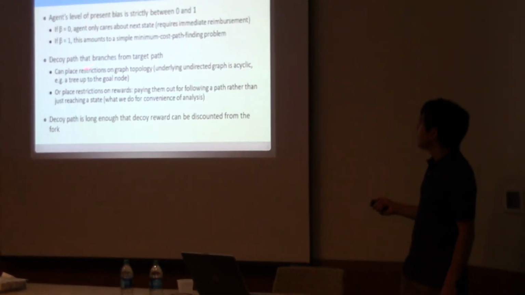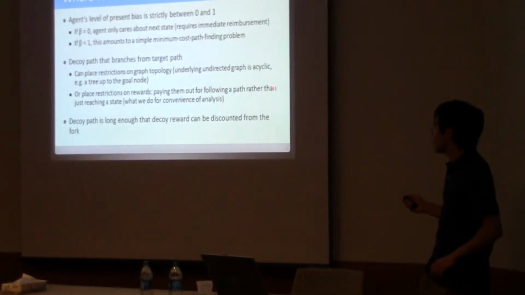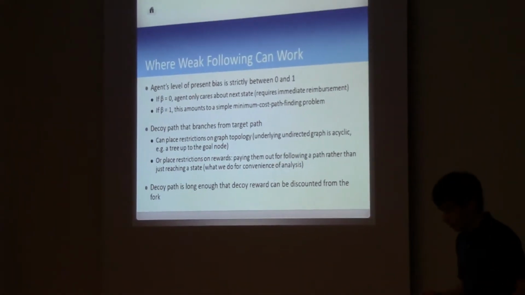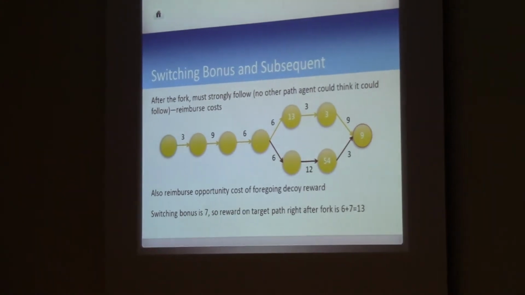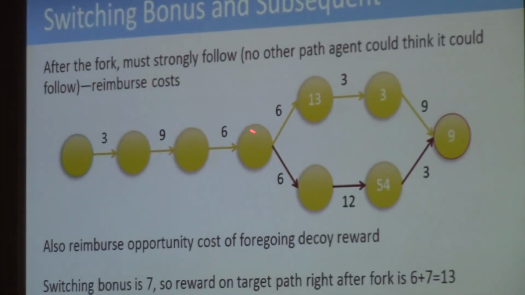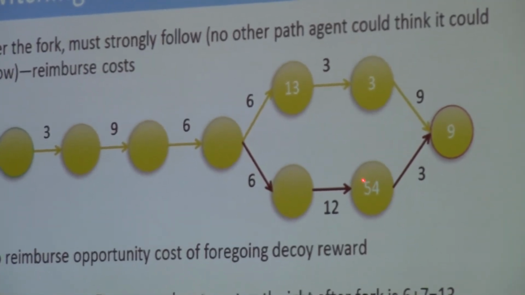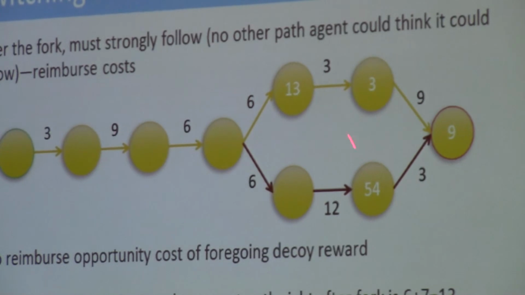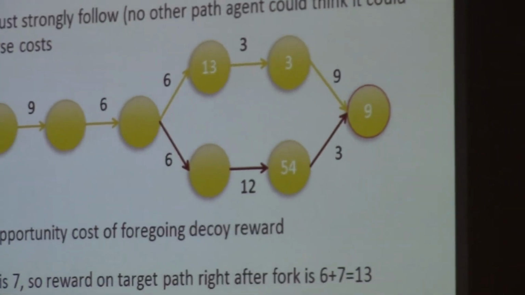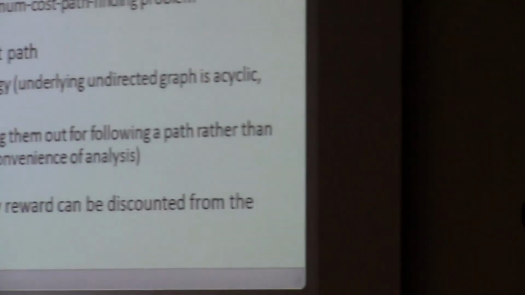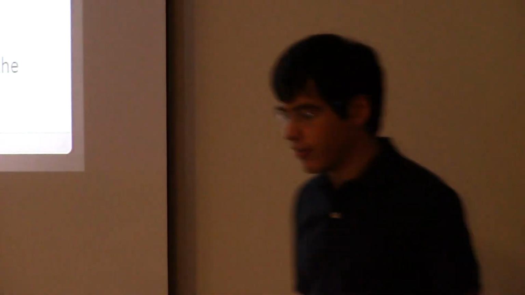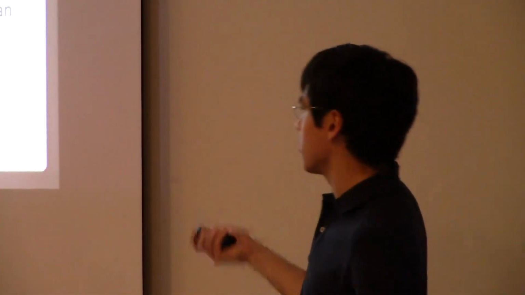So we're also going to place some restrictions either on the graph topology or on the conditions in which we pick out the rewards. Basically what you don't want is to go up here, switch away from the decoy bonus, and then somehow there's an edge here and I can go back and claim the decoy bonus. That would defeat the purpose of the switching bonus. The switching bonus is saying, once and for all, you give up the decoy reward if I pay you this, okay? So basically I'm going to place some restrictions. I think both of those are reasonable. A lot of important families of graphs follow that property. The restriction on the rewards, which is what I do, is also rather reasonable.